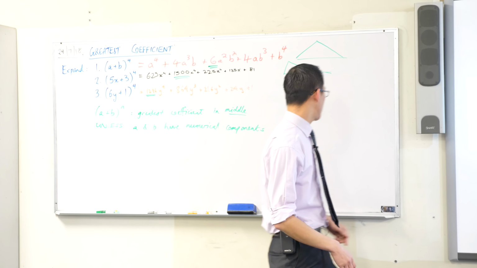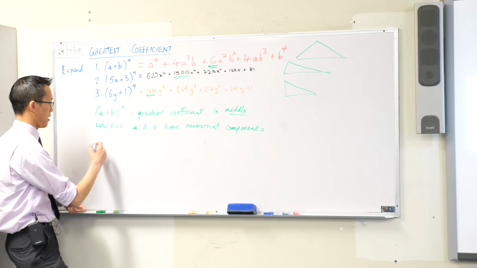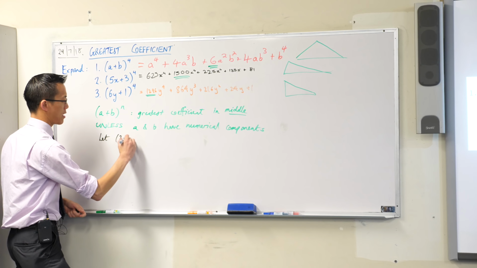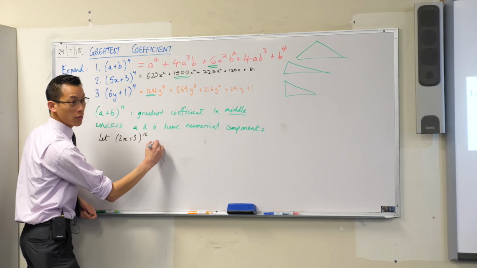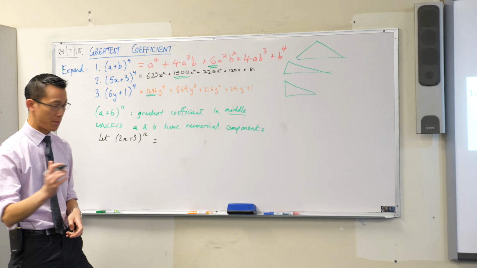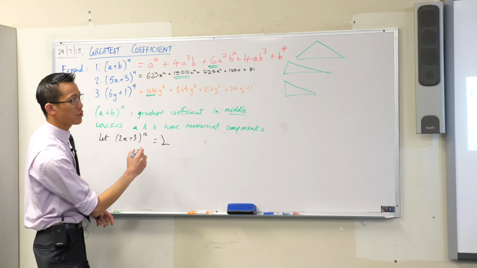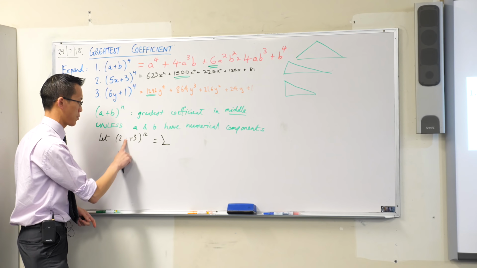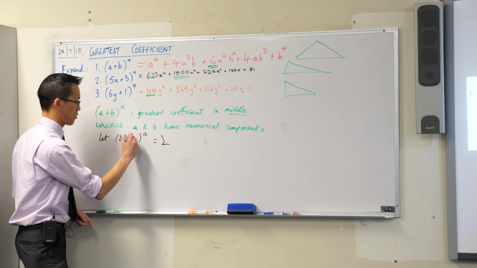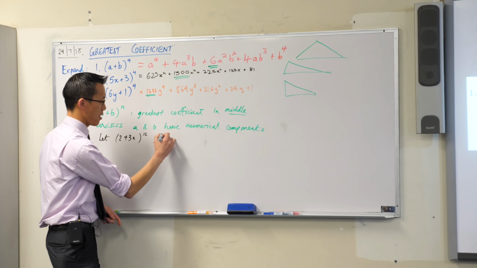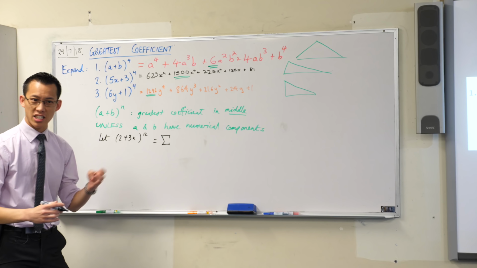Let (2 + 3x)^12, I'm going to start writing this down. Let (2 + 3x) to the power of 12 equal, and then they start giving you this sigma notation. Oh, sorry, 2 plus 3x, I have the x in the wrong spot. Thank you. (2 + 3x) to the power of 12 equal to, and then they state an expansion here, but